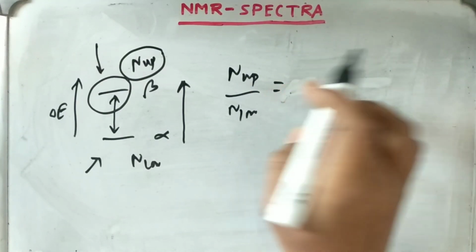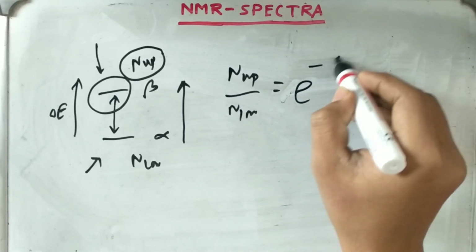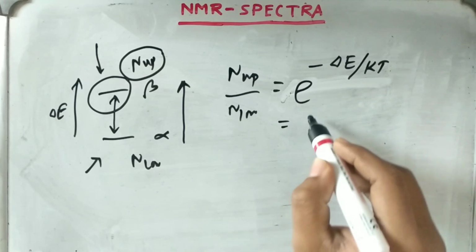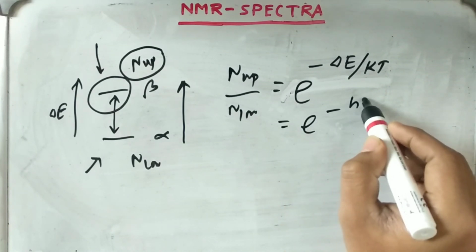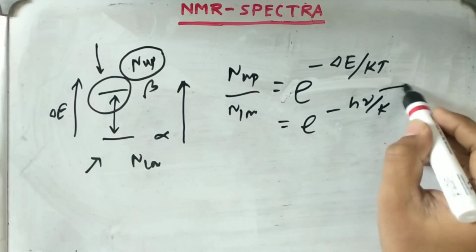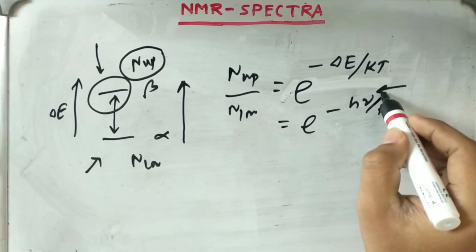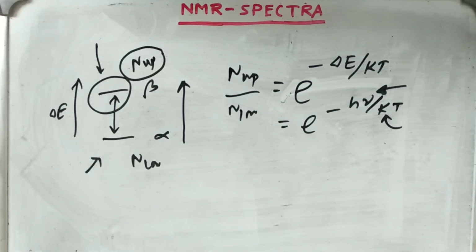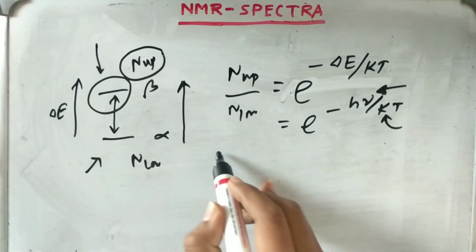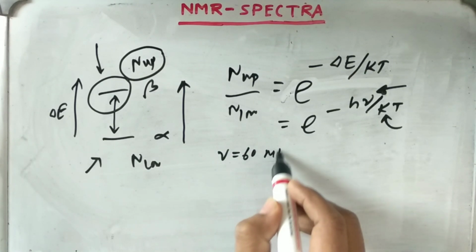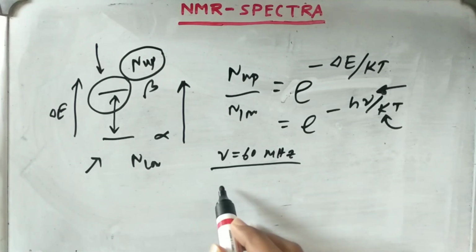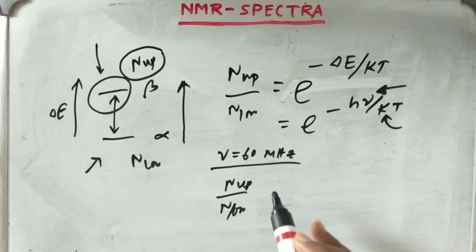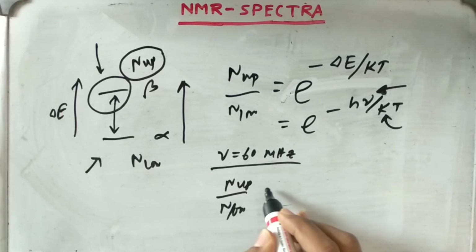e to the power minus delta E by kT, and you know about delta E, which is h nu. Nu is the frequency of the radiation which we are applying. k is the Boltzmann constant here. So if nu, the applied frequency, is 60 MHz, I have already done the calculation. So N upper by N lower will be